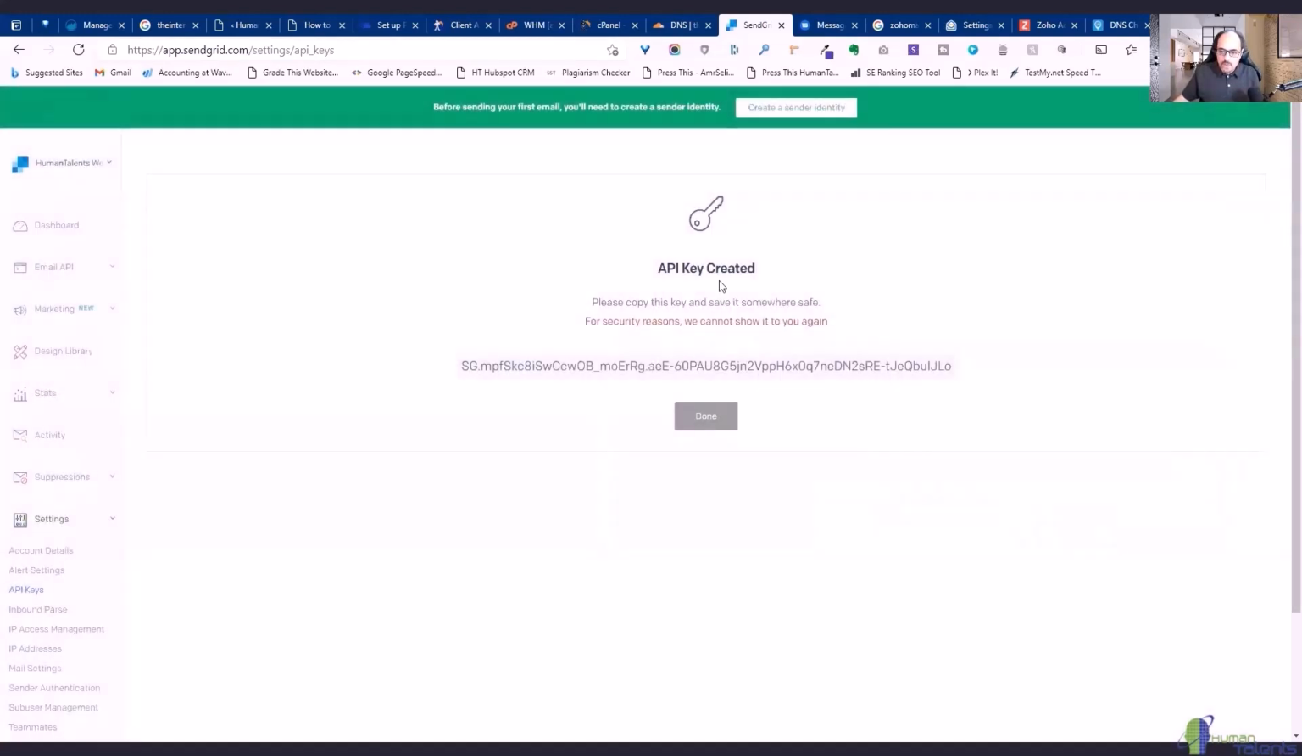Create and view, and here's my API key. I need to click and copy. Don't click done yet, because once you click done, it will disappear. You won't be seeing it again. So just stay there for now. Go back to your